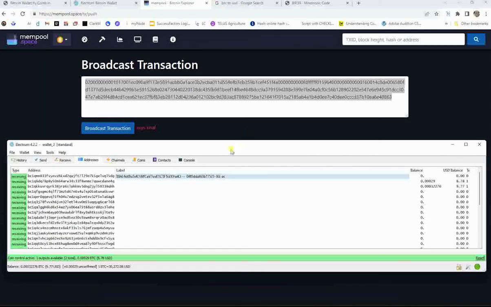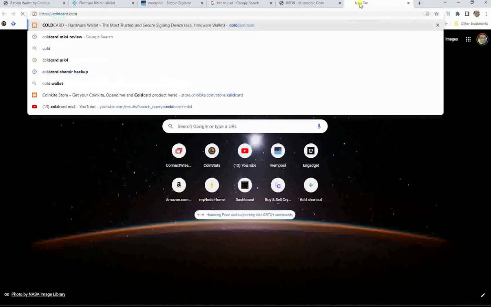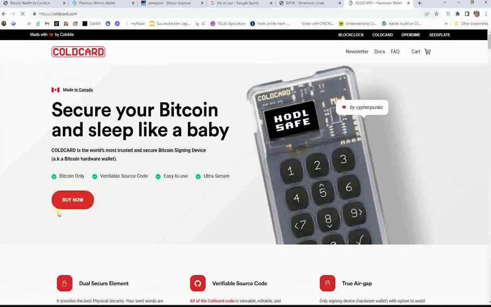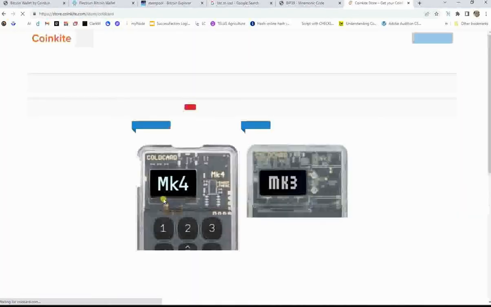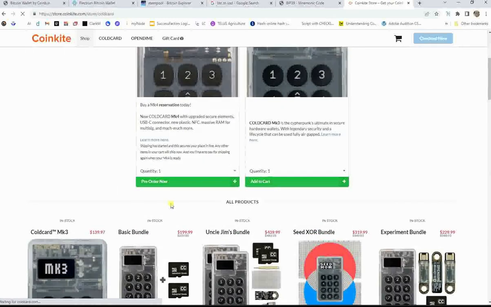But that's a more advanced thing. I just wanted to show you a simple time-locked address, really great. Again, the key is using Electrum, which is the easiest Bitcoin wallet that gives you all the information you need. Get a Coldcard, because the Coldcard allows you to do